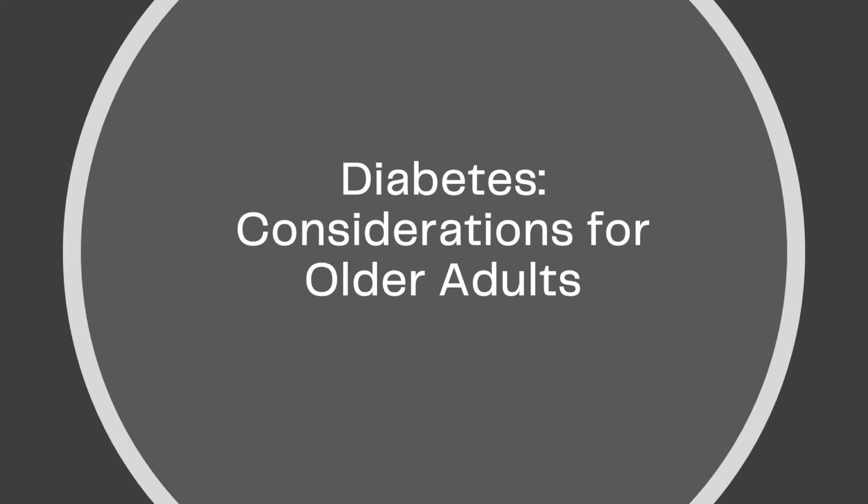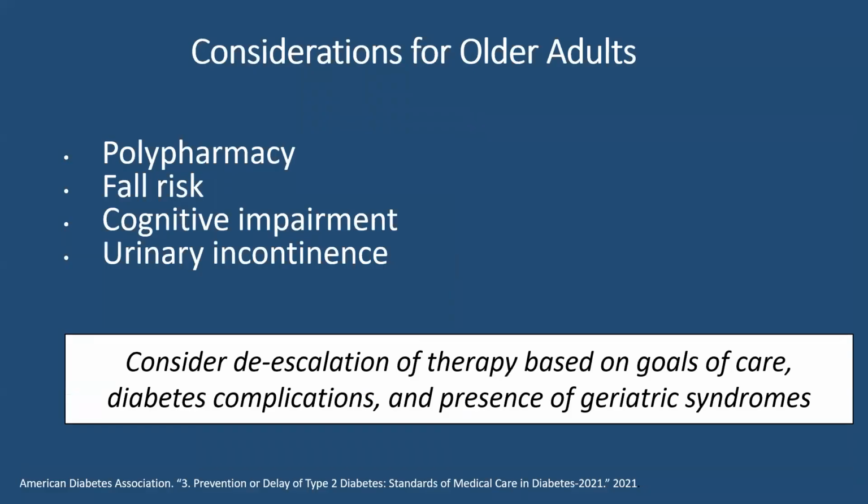Okay, so diabetes considerations in an older adult. Next slide. So in an older adult, obviously you're worried about polypharmacy. You want to limit pill burden for a patient. You want to give them probably the most effective things at the lowest effective dose and try to limit the number of medications you're using. You want to minimize fall risk. So again, that's another reason why hypoglycemia is such a dangerous effect because it obviously can contribute to falling. You're dealing with your cognitively impaired patients who may not understand how to use some of these injectable products and how to check blood sugar and how to figure out the right dose. So that really complicates the picture.